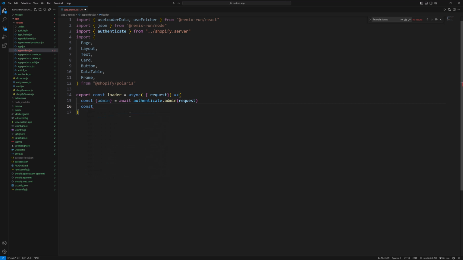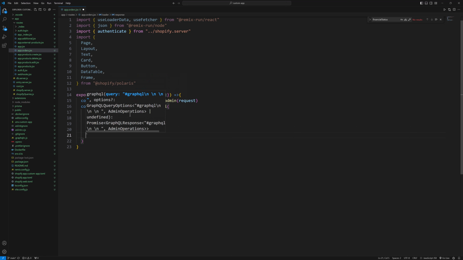So then we will make a GraphQL query: const response = await admin.graphql function. In that function we will pass the GraphQL query. Okay, so in the GraphQL query we'll fetch orders, first 10 orders,